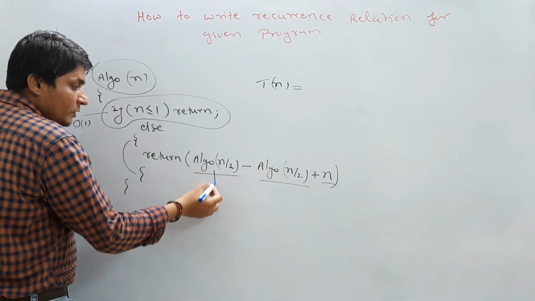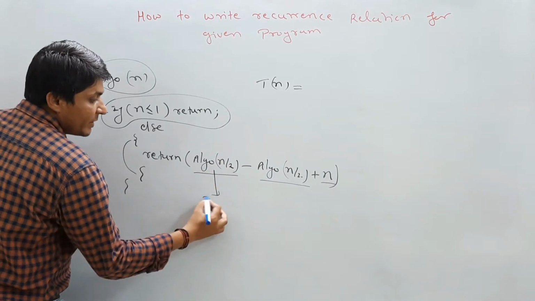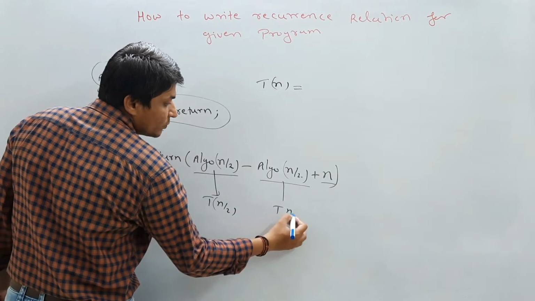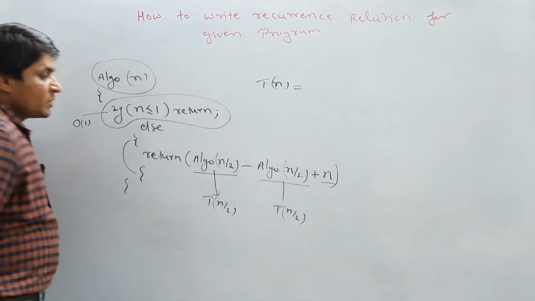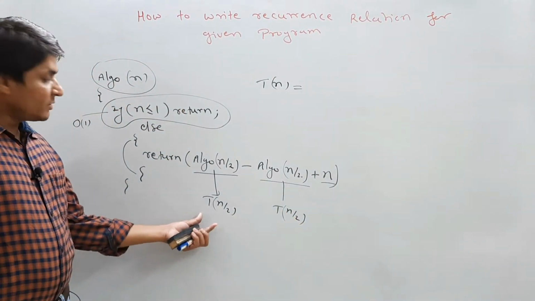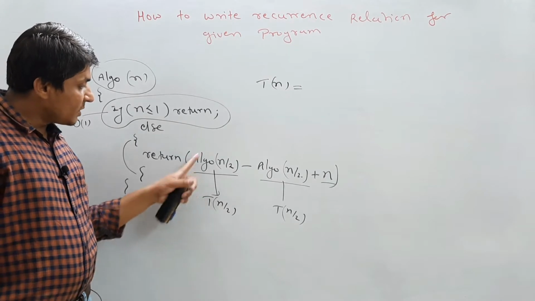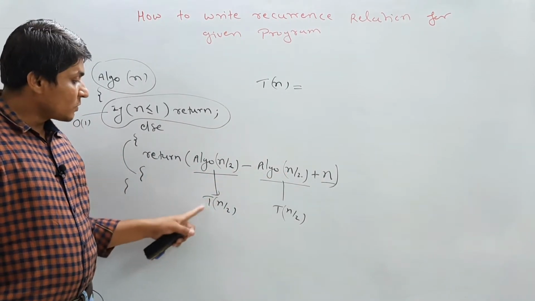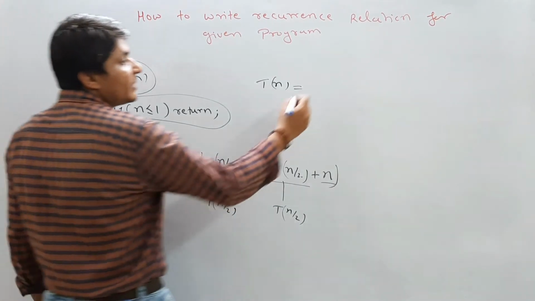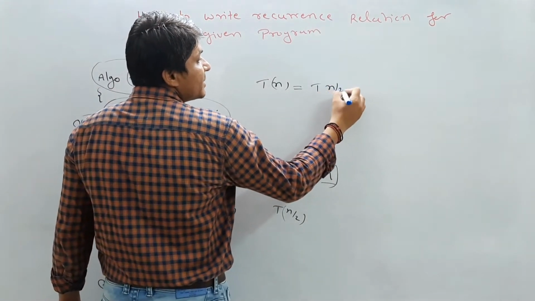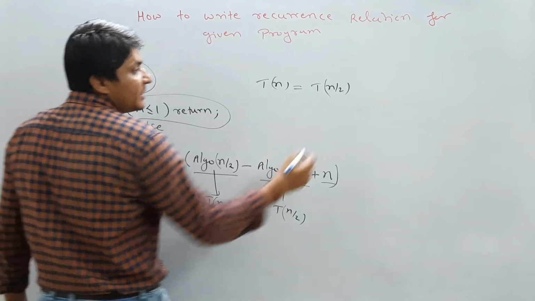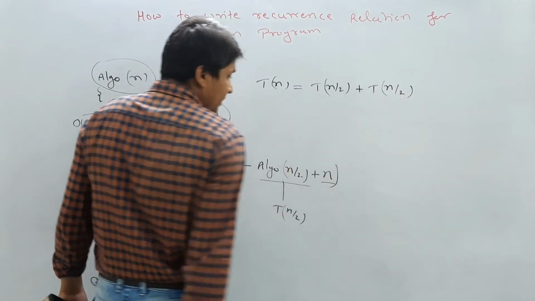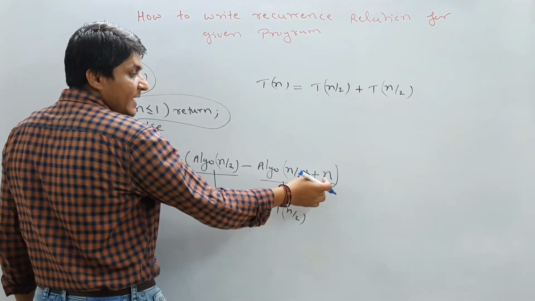So in order to solve this problem, it will take T(n/2) time, and this will also take T(n/2). Now if you write the recurrence relation, we need to solve this particular part and then we need to solve this particular part. So in order to solve it, it is taking T(n/2). So let me add T(n/2) time, and plus we need this time also, T(n/2). And we need one more plus time for a constant.